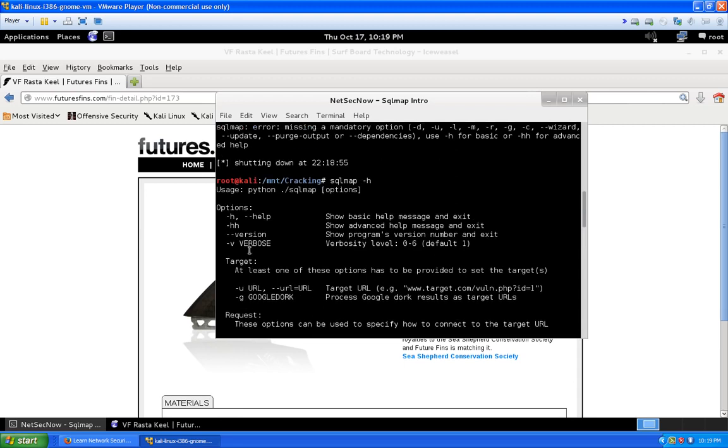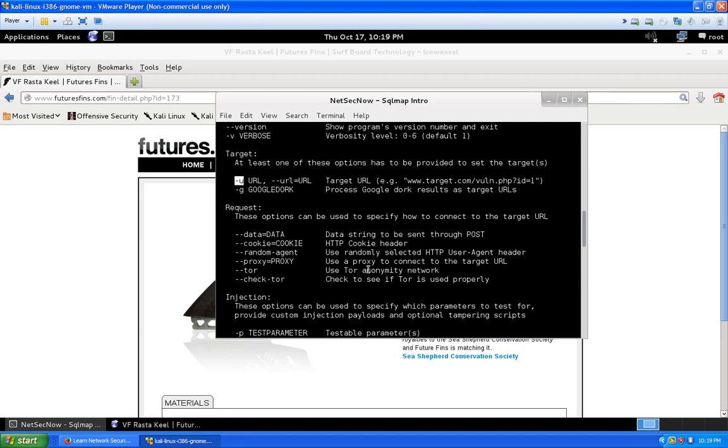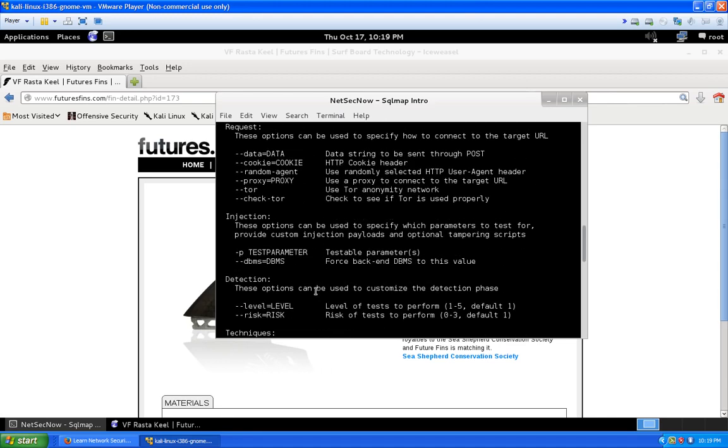Okay, so what we're really going to be going over is the -u option, and if you notice, you can do Google dorking inside of SQLmap, but we're not going to worry about that because we're just focused on one target URL. So -u and then the URL, it looks like the syntax is afterwards, example target URL, and so on and so forth. We're not going to be using proxies or anything like that. We're going to be focused on